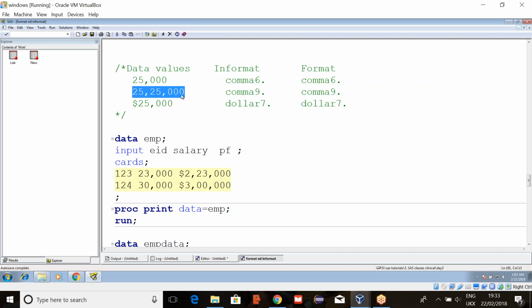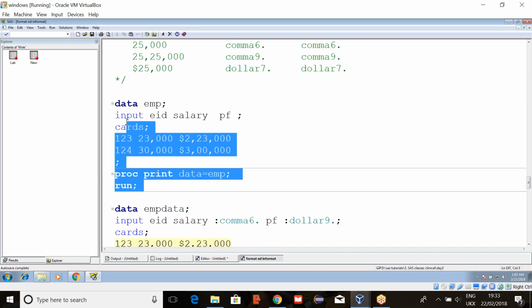Now here the length is 9. Suppose if you have only till here, then it will be 7. Depending on the number length, we'll give the number here. Okay. And here we had a total of 7, so $7 dot, because we had a dollar. When you have both dollar and comma, just simply use dollar. No need to use dollar and comma.